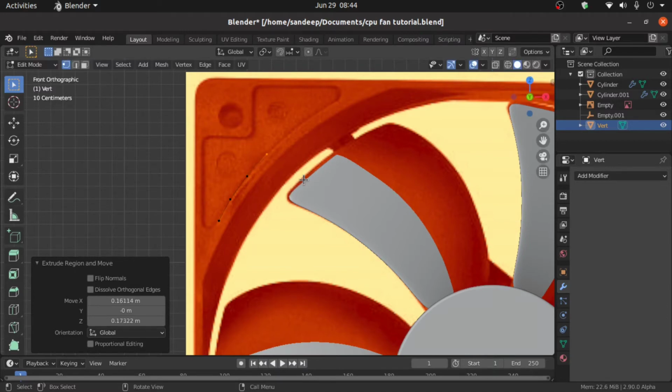So press E to extrude and G to move. Press E, extrude, press E, extrude, press E to extrude, press E to extrude, press E to extrude.